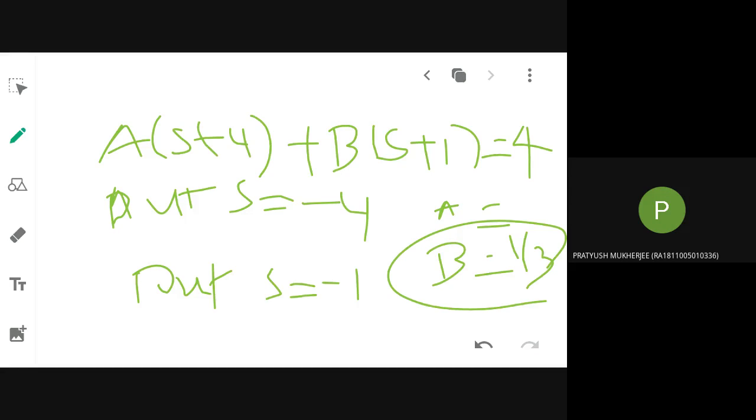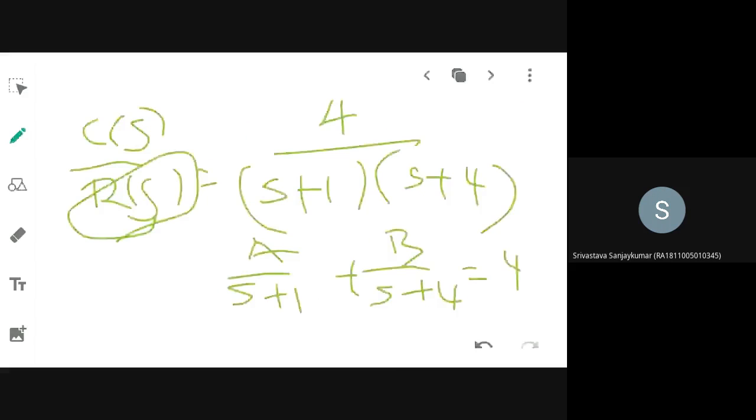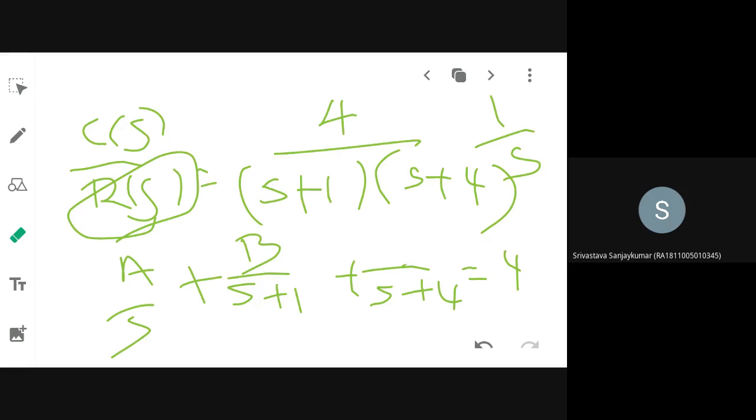Four by three. One more term I have left out. Three constants will come, I think. Okay, I think I made a mistake here. This one you have to take here, no? So A divided by s also you consider. That I have forgotten to do. You should have reminded me. Now, okay, like this. Now you solve for A, B, C and tell me. This R of s you have to substitute here. That I have forgotten to do.